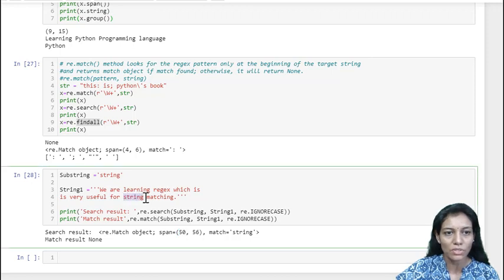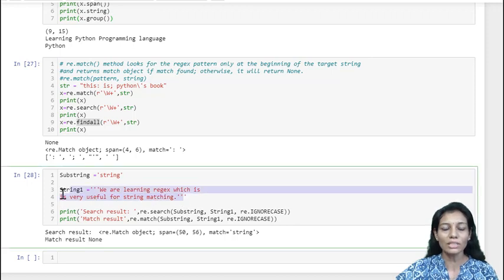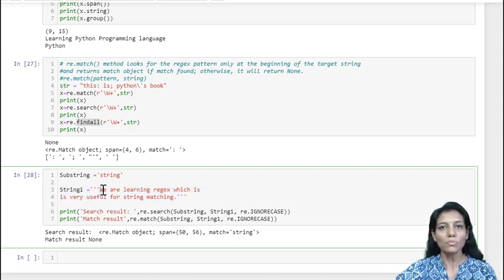So this is my substring which I wanted to search, but the match has returned none even though the substring is residing within the string, okay. Match has returned none because match only returns the match object if it is found at the beginning.